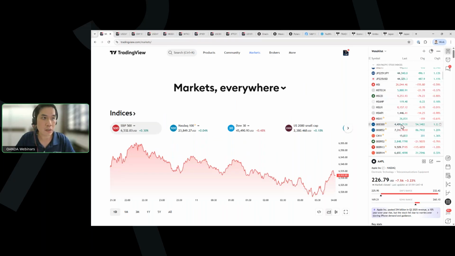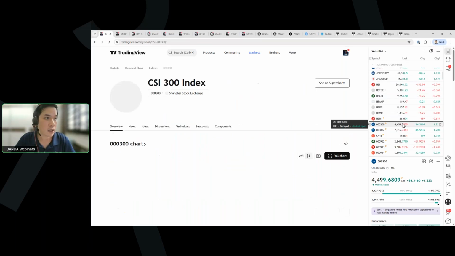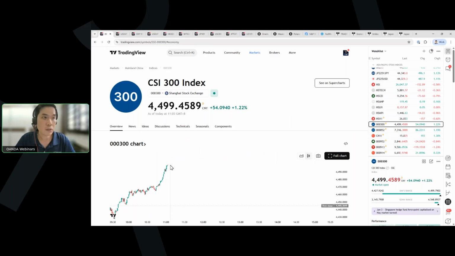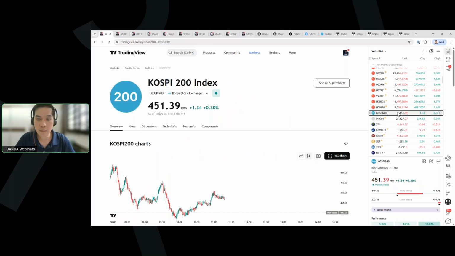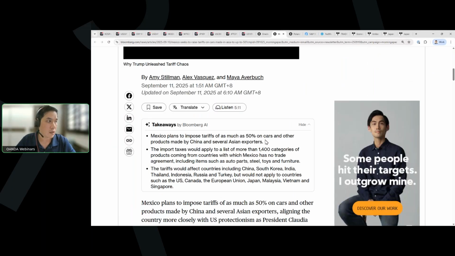And what's interesting is the A shares, the CSI 300 today has a rotation play. China A shares are up by 1.22% in trading at the intraday high. And the rest of the Asia Pacific benchmark indices: the KOSPI 200, the South Korea benchmark index, is up by 0.31%. The Taiex is up by 1%, the STI is almost unchanged, and the ASX 200 is down by negative 0.4%. So overall, there's more positive than negative on the Asia Pacific stock market, despite Mexico's plan of imposing 50% tariffs on cars and other products made by China and several Asian exporters. That is likely targeting Japan, Malaysia, and perhaps Singapore as well. But so far the impact on the performance of the Asia Pacific stock market is negligible,